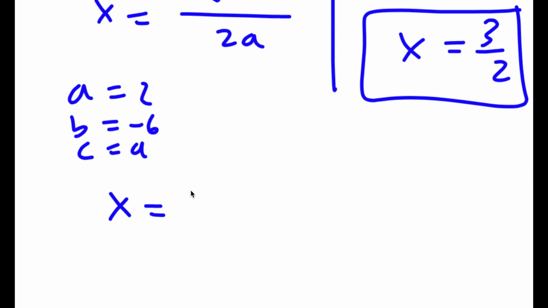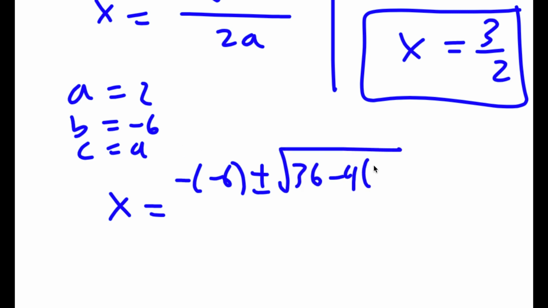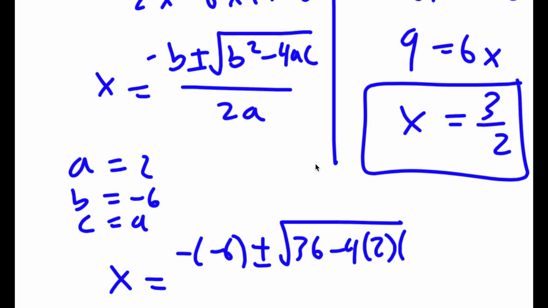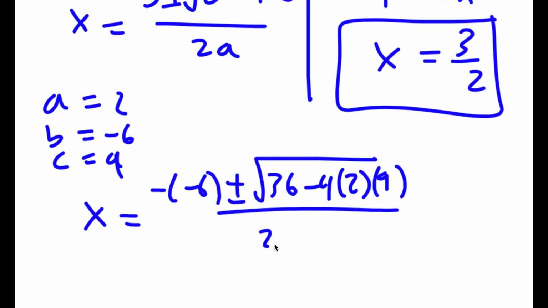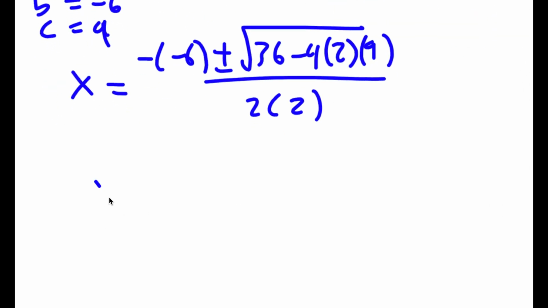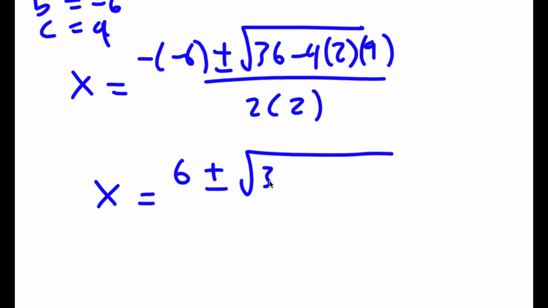So I get x is equal to negative of negative 6 plus or minus the square root of negative 6 squared, which is 36, minus 4 times a, which is 2, times c, which is 9, all over 2a, so 2 times 2. And now this is equal to positive 6 plus or minus the square root of 36 minus 8 times 9